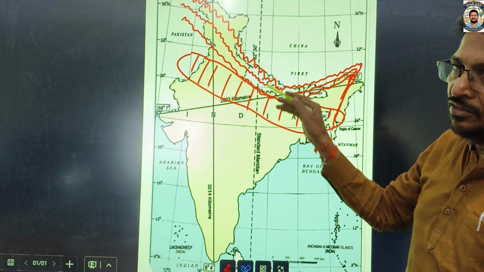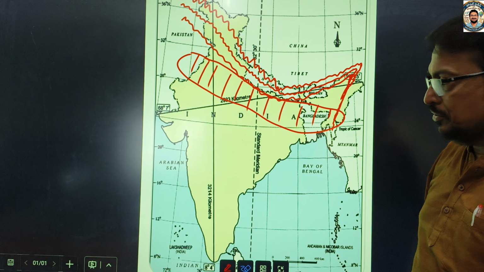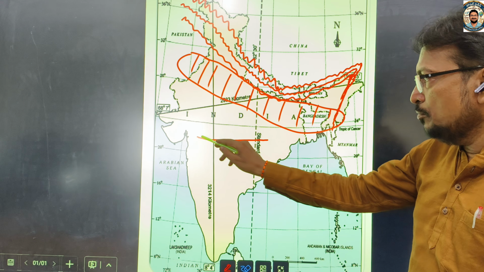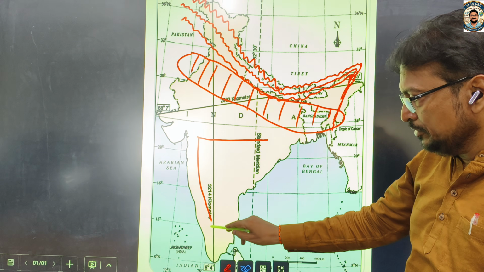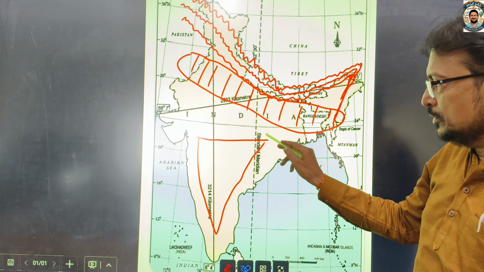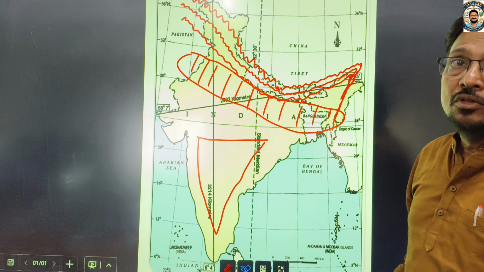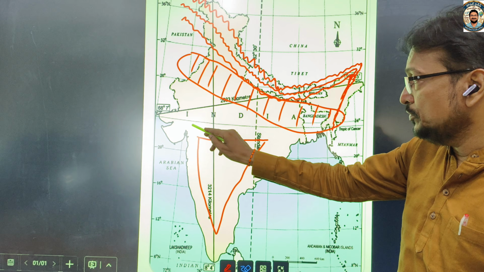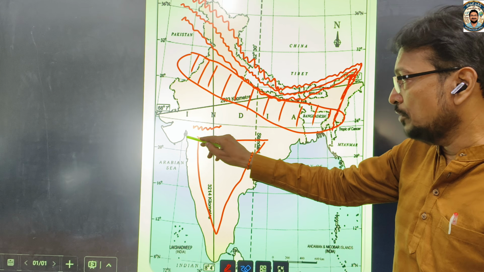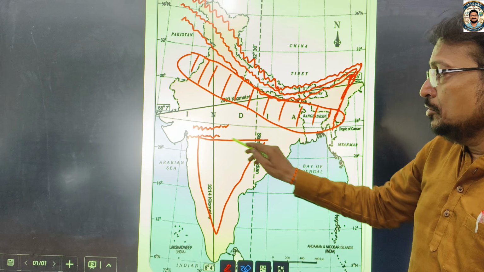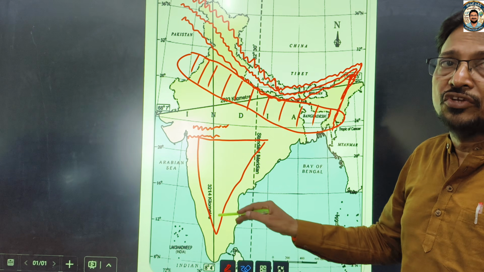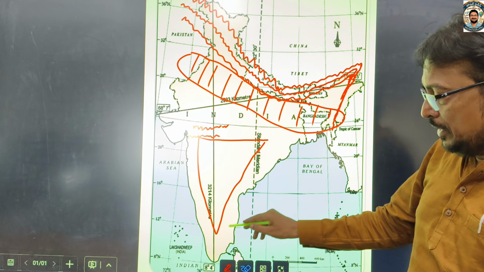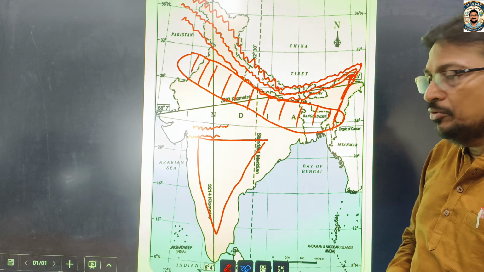In the Himalayas, three ranges are there. Again, Indo-Gangetic Plain, three parts. Next one, the Deccan Plateau or Peninsular Plateau, a triangular plateau which exists in South India. This is what is called the Deccan Plateau. It is surrounded by the Vindhya Mountains and the Satpura Mountains. The north side edge of this Deccan Plateau is the Satpura Mountains, then the Vindhya Mountains, and this Deccan Plateau has